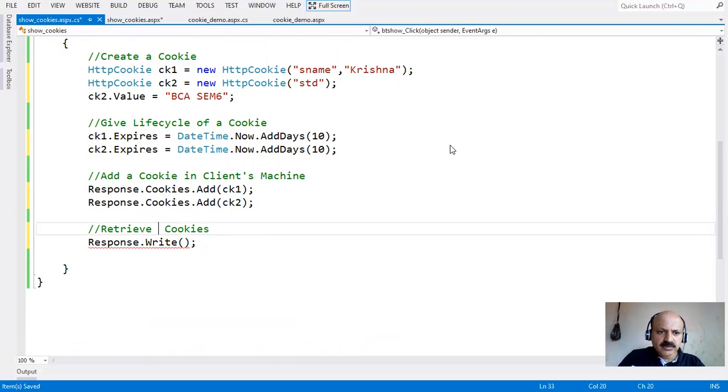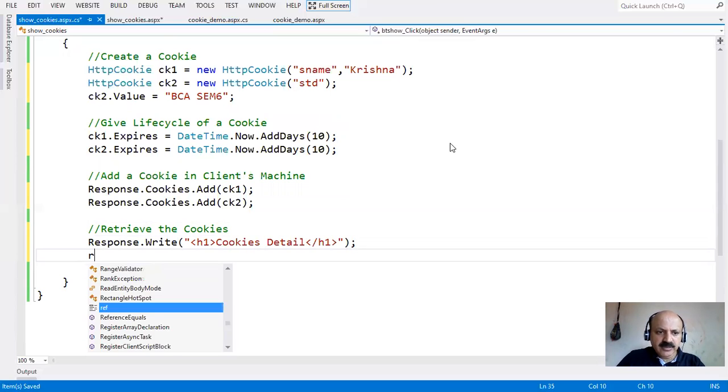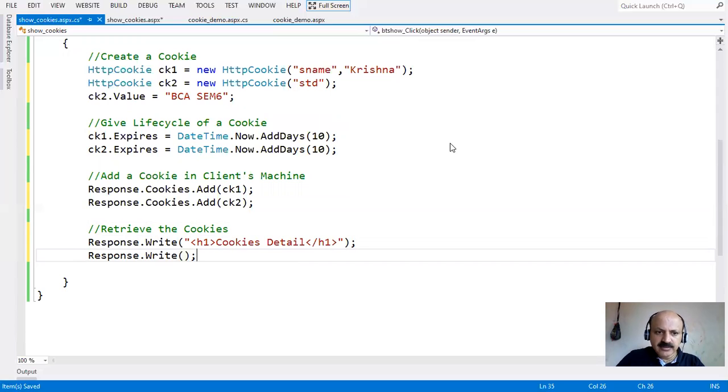Retrieve the, okay, not the cookies. Here I provide h1, that is heading, h1 to h6 in the HTML tag. So here is detail, or we can say information. Okay, and just close the h1 tag. Now we take another Response.Write and give the heading, that is the main title, and now a subheading. First we have to provide one br tag, and then for cookies, first we have to print the name, then its value, and then we can take the expire